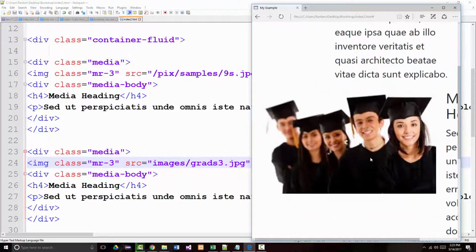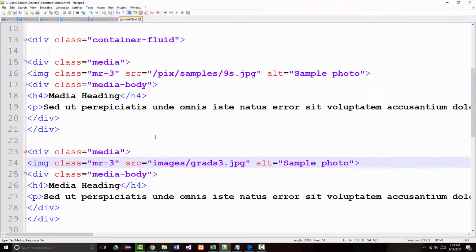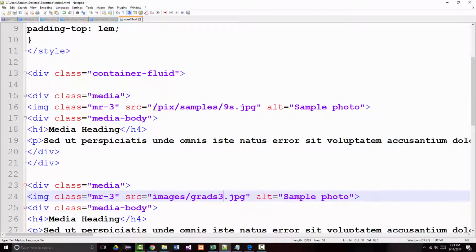Okay, so there's the grads thing that we chose before, and they also have this in there, which I don't have, so